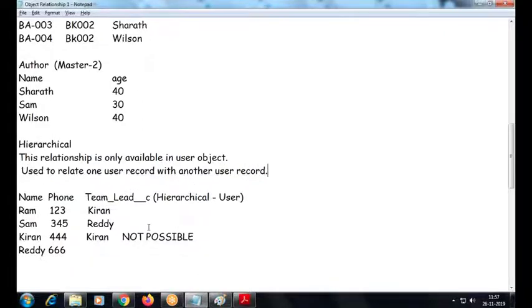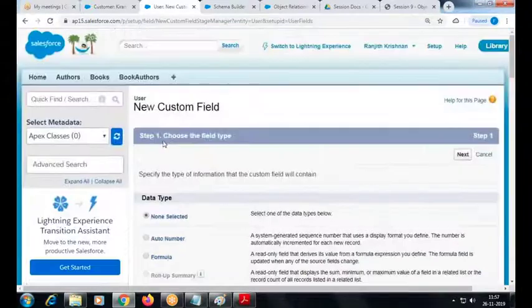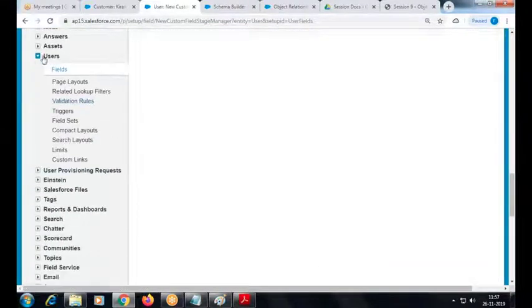So when you create this relationship, you are going to choose a parent object, right? Which is a parent object? You are going to choose a user object only. That's it. And you cannot establish relationship on the same record. You have to go with a different record only. It's clear to all of you, right? That's your hierarchy relationship. So where can I create the field? I can go to the customize user field,